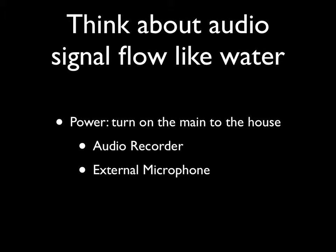First, you need to turn on the water main to your house, or turn on the recorder. Press and hold the power switch on the audio recorder for several seconds to turn it on. If you're using an external microphone, it also needs power, and that power comes from the audio recorder. Turn the microphone switch to on and make sure the plug-in power switch is turned on the back of the